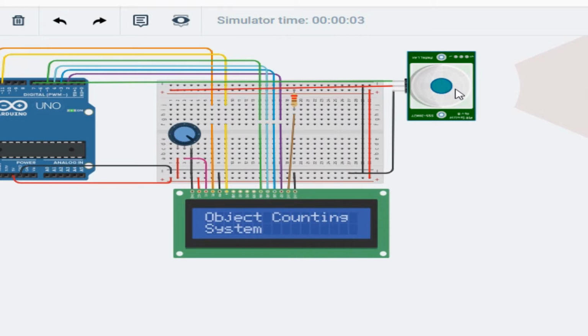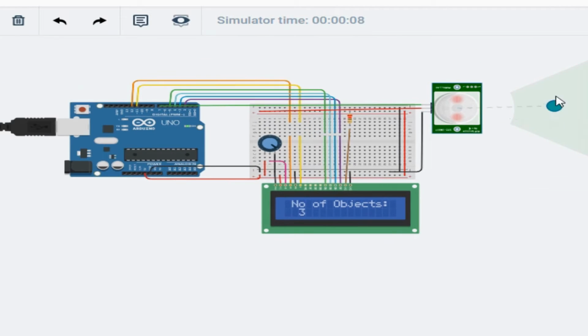Initially the count is 1, as the object is in the region of the IR sensor. As I move that object, the count increases to 2, then 3, then 4, then 5. Likewise, as the object passes the region of the IR sensor, our sensor gives that signal to digital pin 7 of the Arduino Uno board.